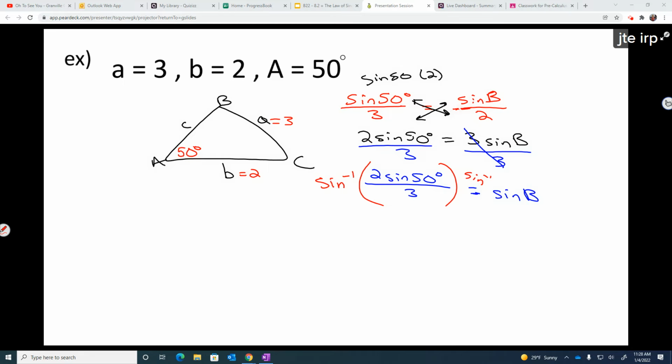Basically, that whole function gets plugged into the inverse sine. And when you do the inverse sine of the regular sine, they cancel. They're opposites of each other. So these two things wipe each other out. The inverse sine of sine disappears, and then that would just be